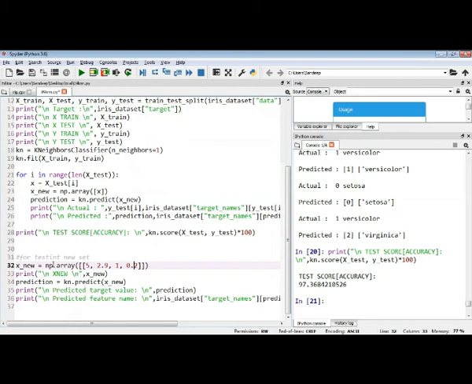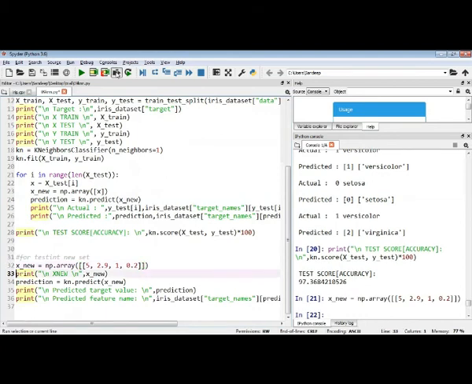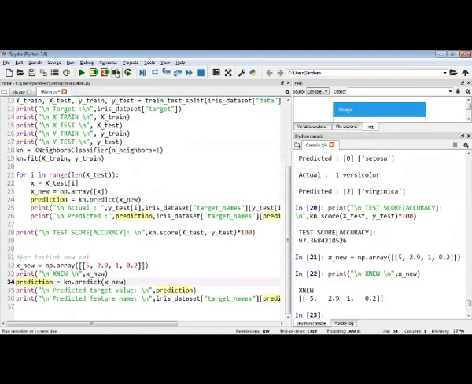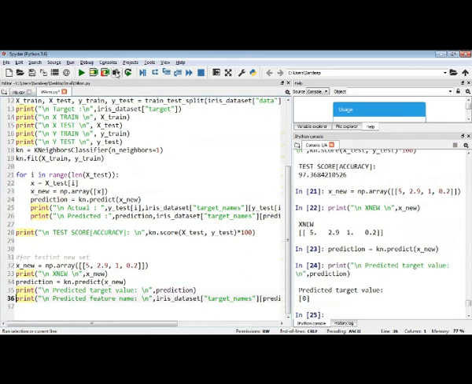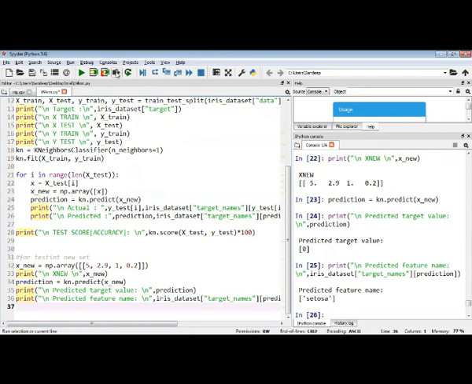I have assigned this value to the variable x_new, and I'm displaying it. Now prediction is equal to kn.predict(x_new). I'm calling that function, and the result will be present in prediction. It is saying the predicted target value is 0 and its class is Setosa.